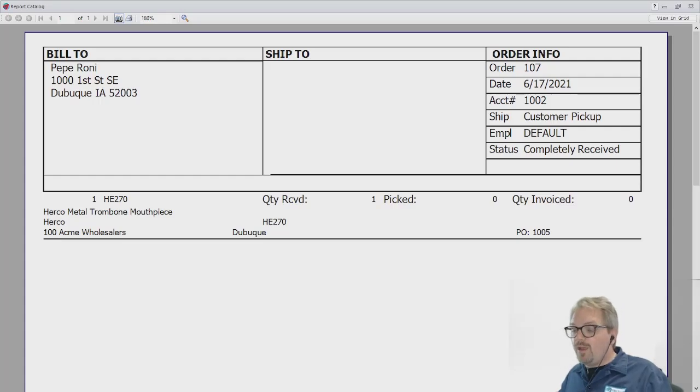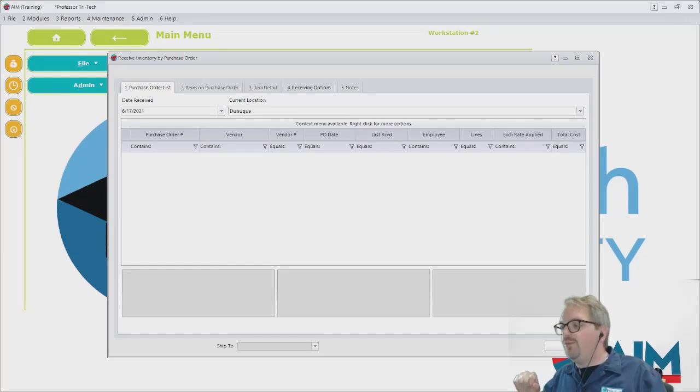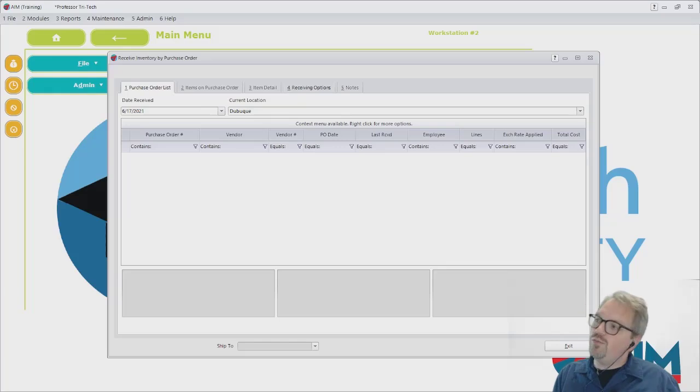So let's go ahead and close that out. The whole idea is you take that piece of paper with the box and you set it in maybe a special area of your stock that's kind of like a staging area for customer special orders. That way, when the customer does come in to pick their order up, you can go straight to it there